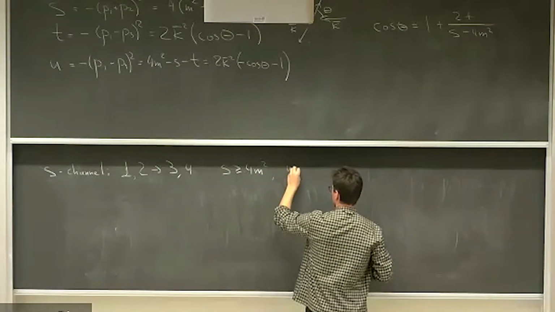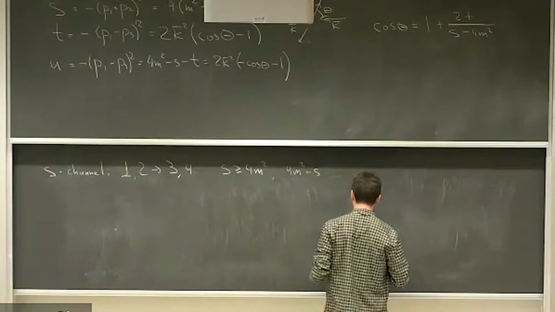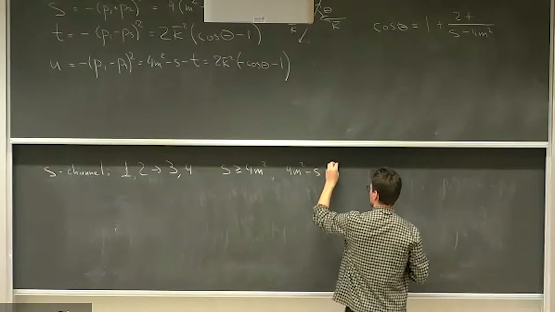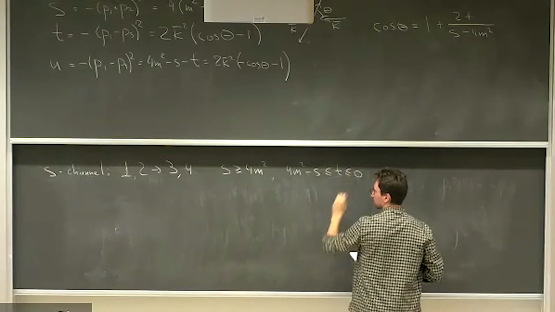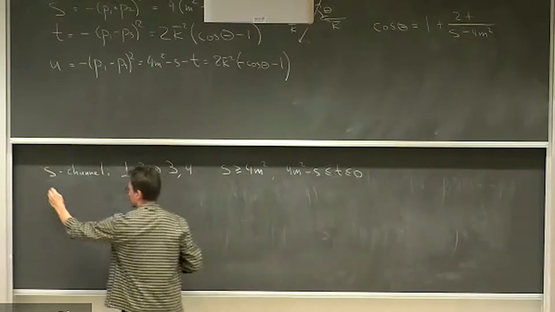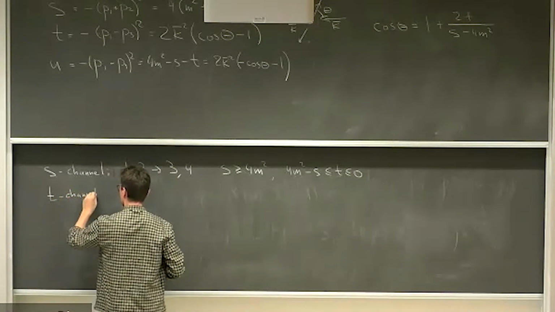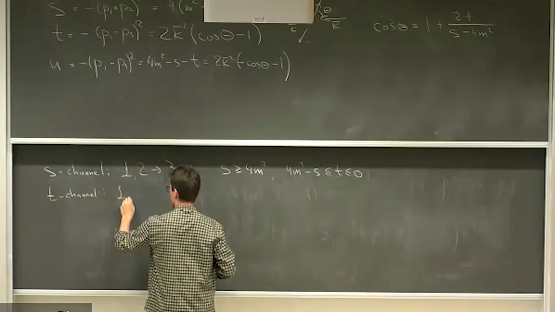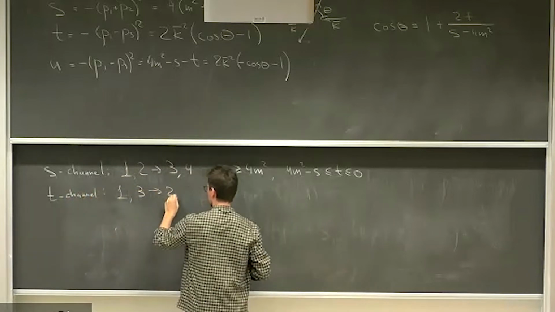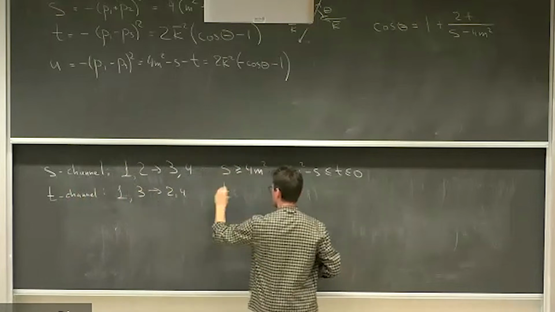And you can check that the formula I just erased, the T is this. Then there is the T channel. Process 1, 3, 4, and this is the region